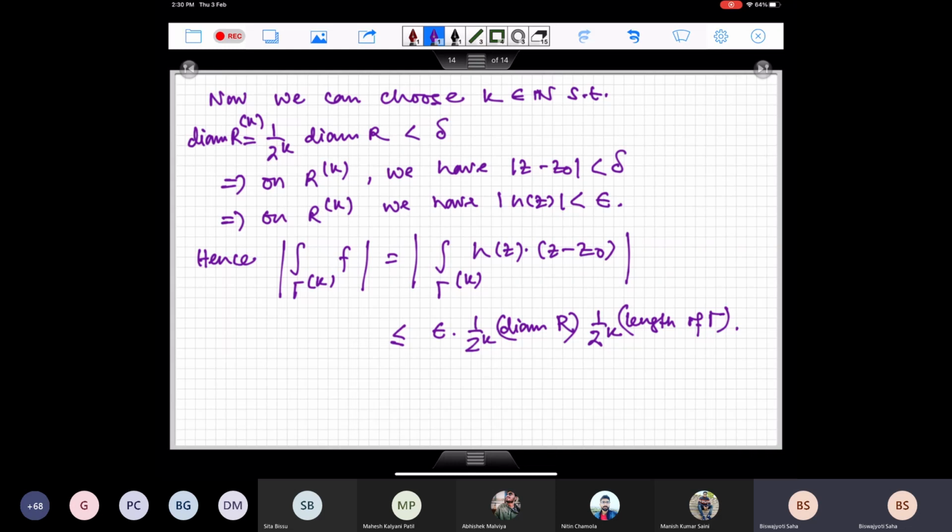Fine. Now I know that this quantity in absolute value is bigger than or equal to mod I divided by 4 power k, correct? So if I put all this together, what do I get? Since in absolute value the integral over gamma k of f is at least mod I divided by 4 power k, we have mod I less than or equal to epsilon times, you see the 2 power k and this 4 power k can be cancelled, therefore